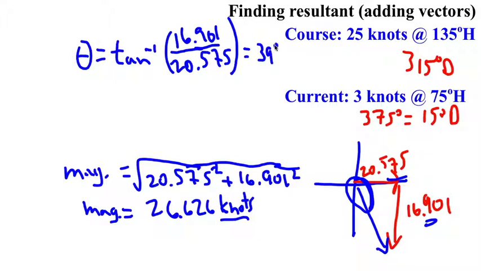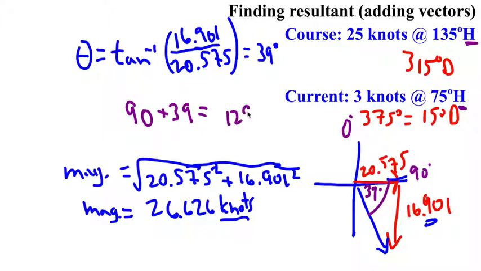That is the angle inside of this triangle. So this angle right here is 39 degrees, just from here to here. In this case, we're given H for heading. We need to remember that heading 0 degrees is up here, and then this is 90 degrees, which means this vector right down here is going to be more than 90. How much more? 39 degrees more. So the heading would be 90 plus 39,